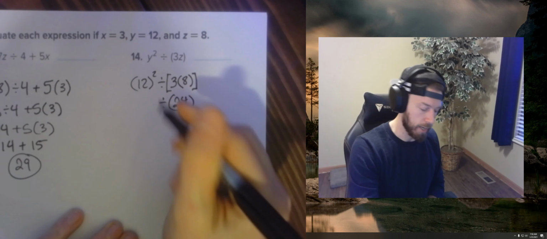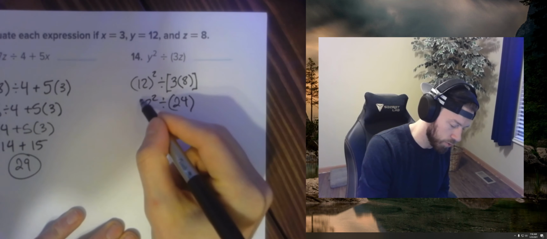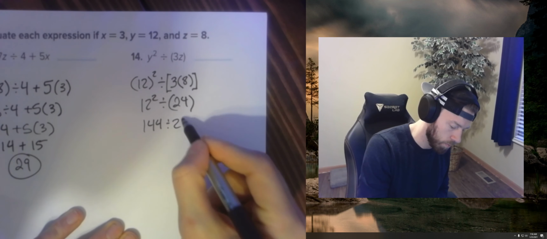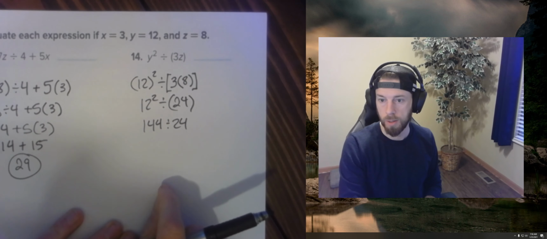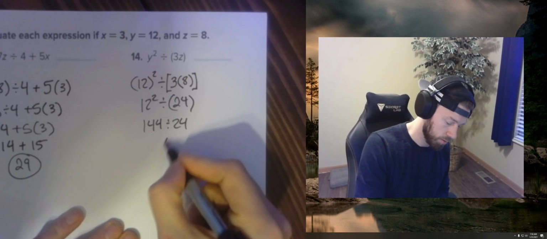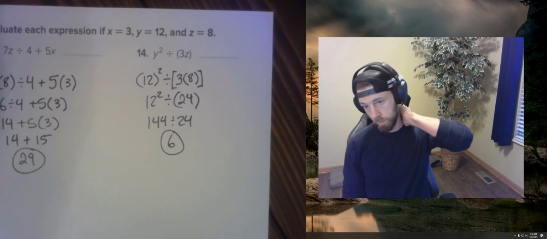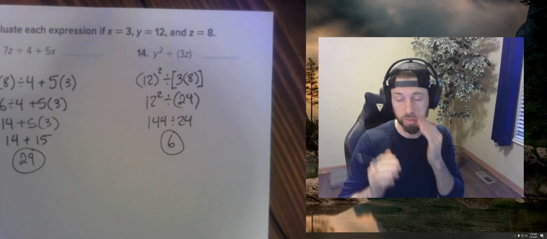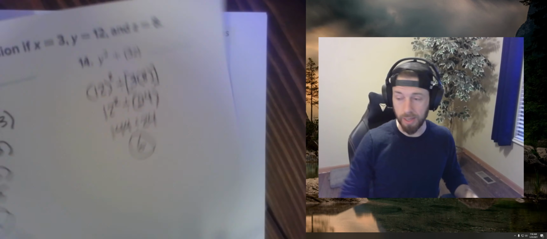And then we'll take care of the exponent next, right? It's 12 squared, which is 144. And luckily I can do this stuff in my head, but 144 divided by 24 is 6. And again, the only way we're going to have an opportunity to solve these problems is if you're substituting properly. All right, today